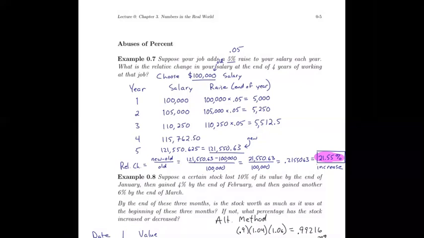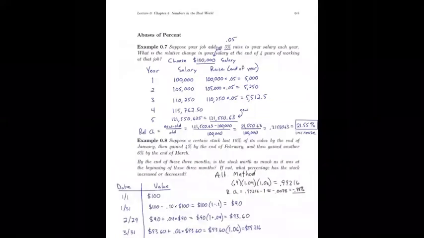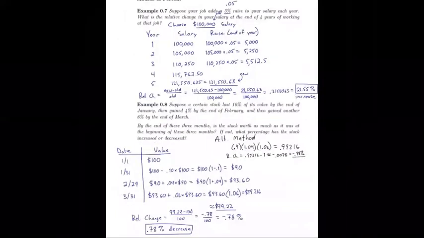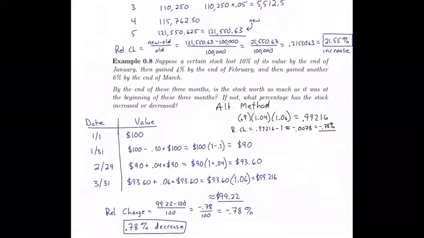So percentages never add, right? That's the key here. 5% added to itself 4 times would have been 20%. That is not the increase that we end up with. We cannot add percentages or rates like this. Okay, let's do a similar problem to this. And then I'll come back to using an alternative method to calculate this. And we're going to see that 1 plus a rate or 1 plus a number show up when we do that. So below, we have a certain stock has lost 10% of its value by the end of January,